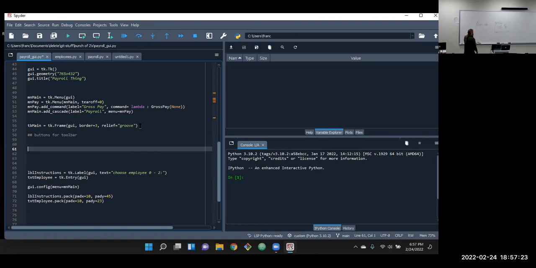So I try to put my code in roughly the same order it's going to appear on the screen to help keep it organized and cut down on some of that complex, difficult to debug issue that is common in event-driven programming. So that'll be our main.